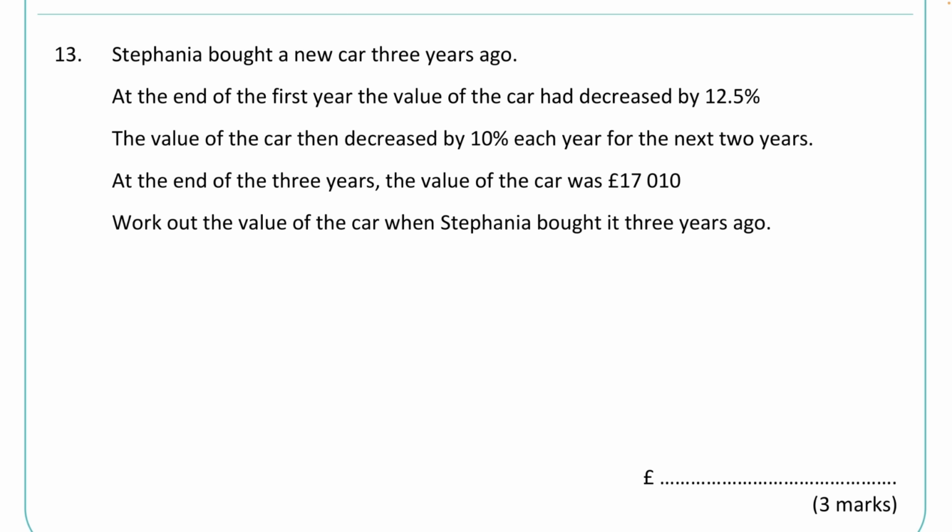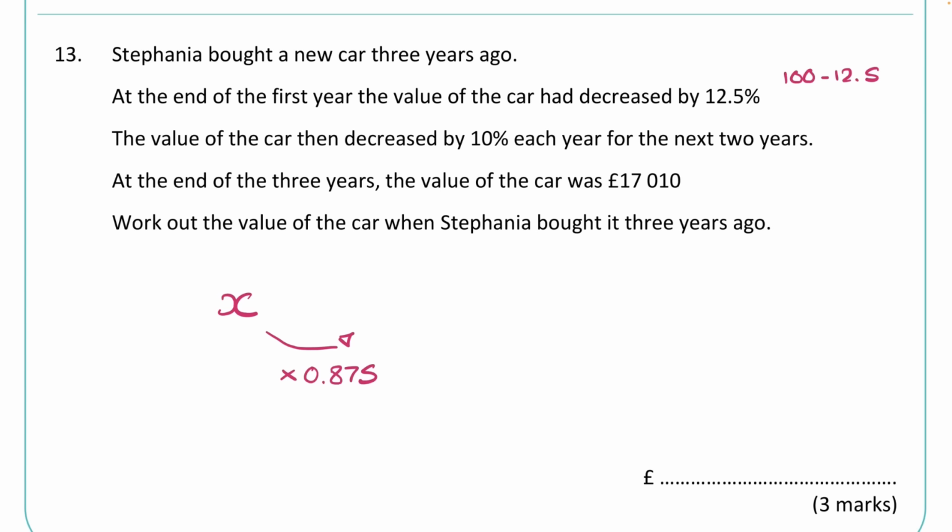So when she bought the car, we've got this unknown value. Let's call it X. Then it gets decreased by 12.5%. Now 100 take away 12.5 tells us the percentage that it's gone down to. So 100 take away 12.5 on the calculator is 87.5. Now to get that, we just use the decimal version of 87.5. So that's